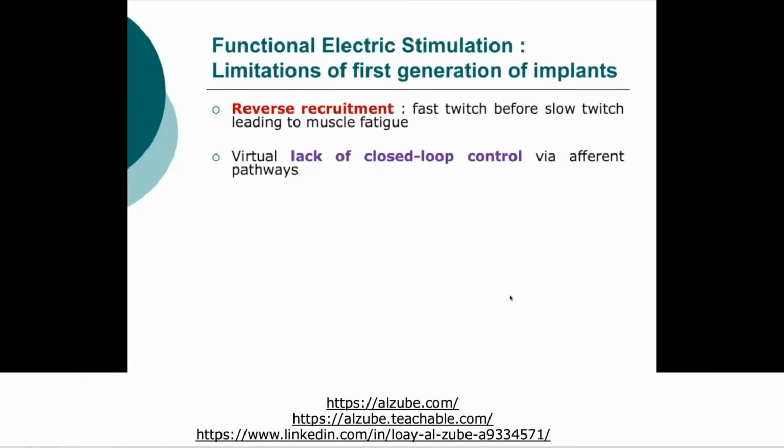So it's fine that we can stimulate the nerves and the muscles via the efferent pathway, but the problem is we need to have also feedback from sensory neurons in order to have the afferent pathway functioning. You need both pathways to have a smooth movement. We have also a challenge, which is steep recruitment of muscle fibers, which results in robot-like movement. And we need to have it more smoother